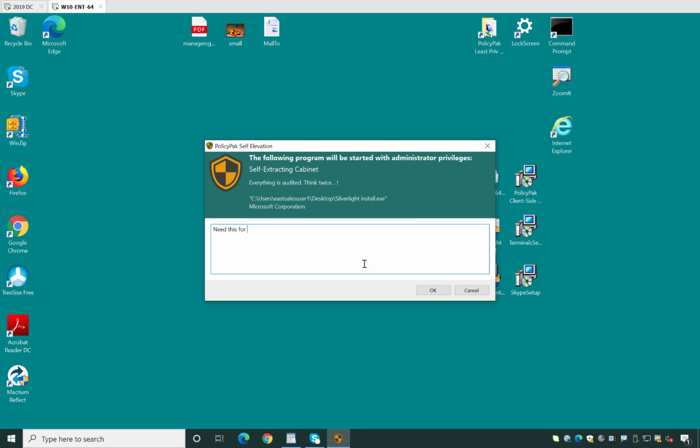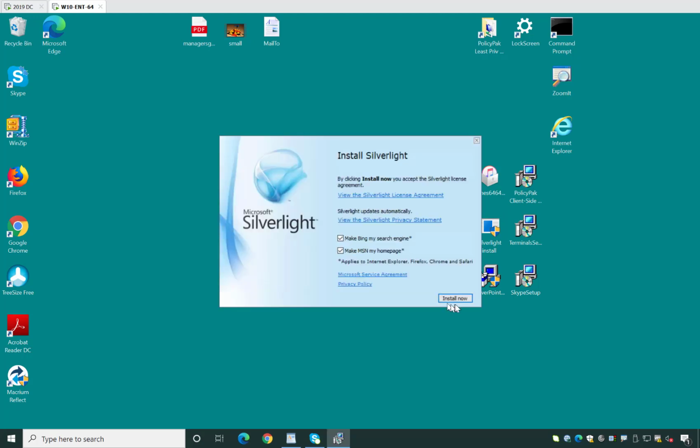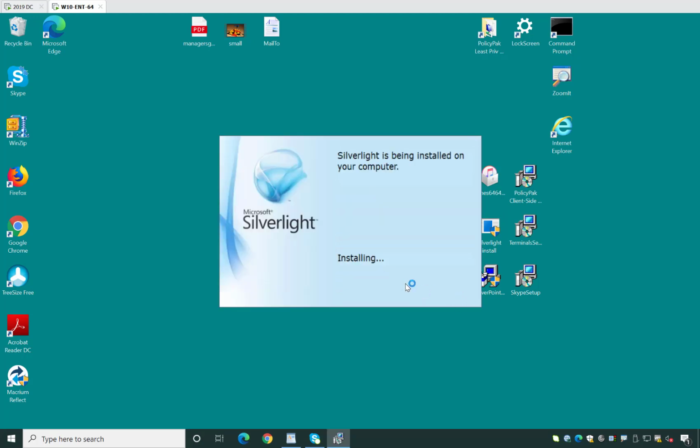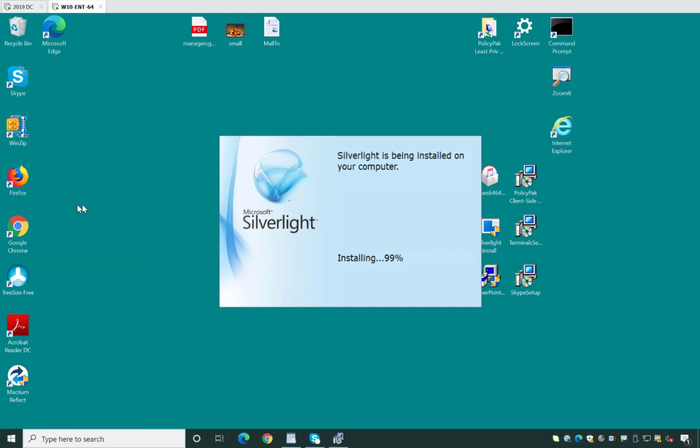Need this for old IE website, whatever, and you're off to the races. Okay, so because all of this is being audited, I want to show you where this lives in the event log so you get a feel for how this works. So if we go to Event Viewer here,